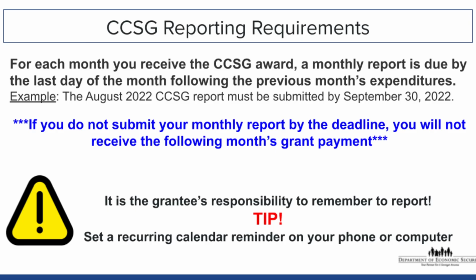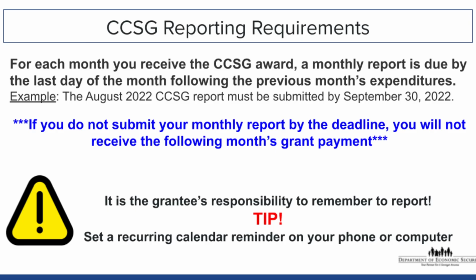If you miss the monthly reporting deadline, you will not qualify for the next month's grant award. For example, in September, you will be reporting for August. You have until September 30th to report for August. If you miss the September 30th deadline, you will not receive your October grant award. If you miss the deadline, it's important to submit your late report as soon as possible to be eligible for